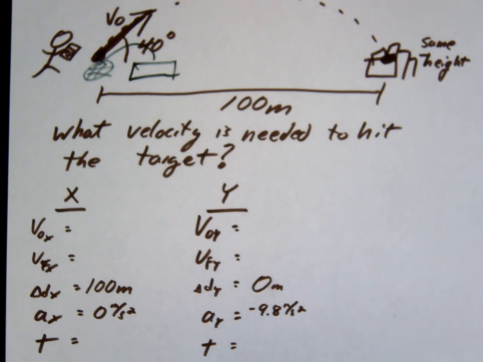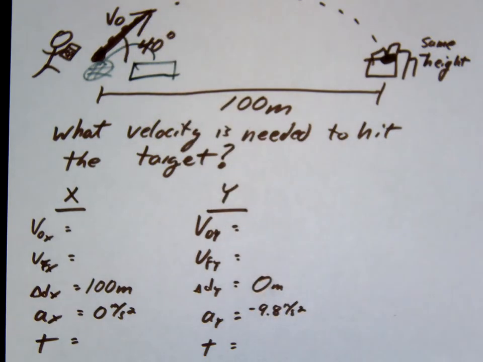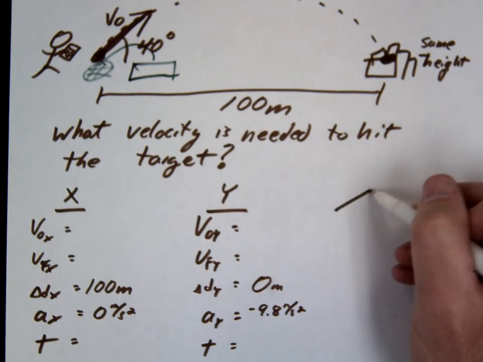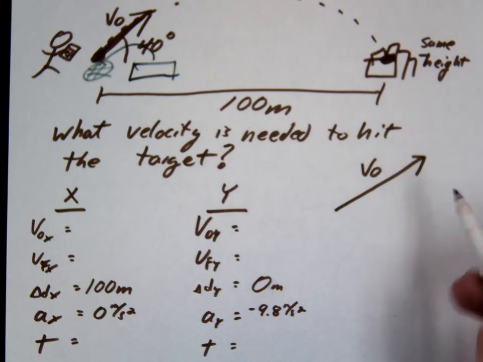Are we trying to find, like, the initial? The initial. And then, so, like, the hypotenuse of that triangle? Right. Okay. So yeah, I'm glad you brought that up. This is a hypotenuse of a triangle. So even though we don't know V initial,